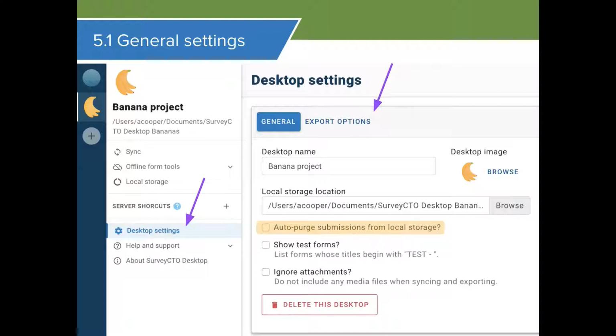If you're not familiar with the term to purge, it means to delete. So the data will still be on your server until it is deleted from there by you and can be exported again at any time. You can show test forms. Test forms happen to be forms which are deployed, but they're hidden from enumerators, allowing you to test on a mobile device without enumerators seeing